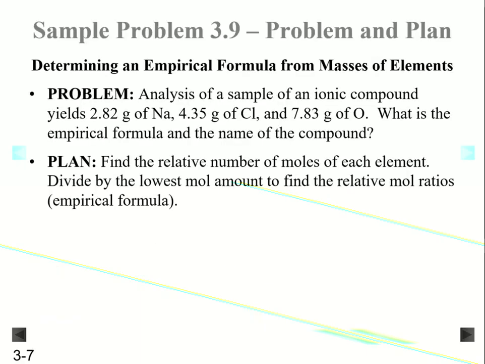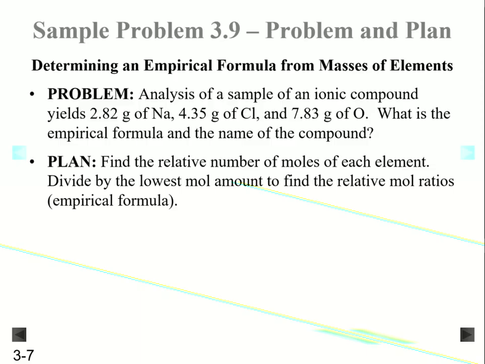Now we're going to look at just a couple of problems from Silberberg and Amateis. This illustrates a little bit about how the book expresses things, and we'll maybe think about ways that we could improve on this. So our first problem is something we went through last time, figuring out empirical formulas, but in this case it's from masses of elements. So the problem states, analysis of a sample of an ionic compound yields 2.82 grams of